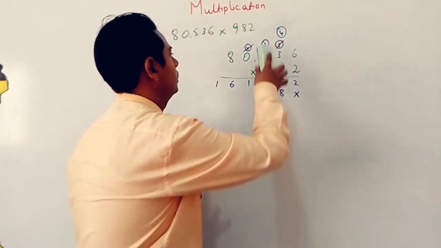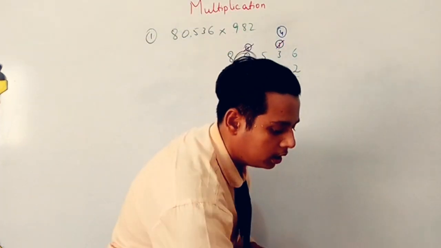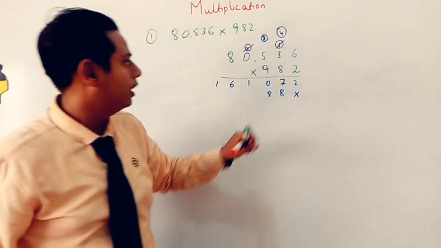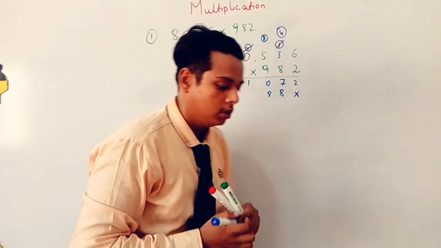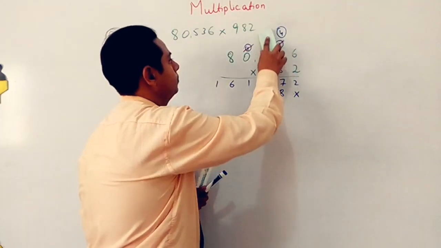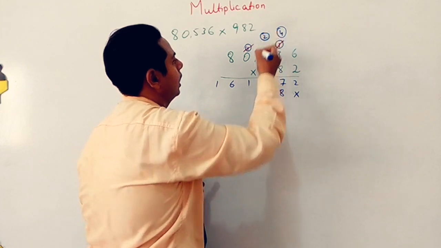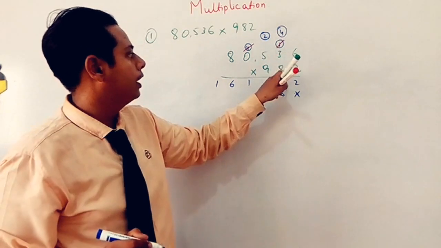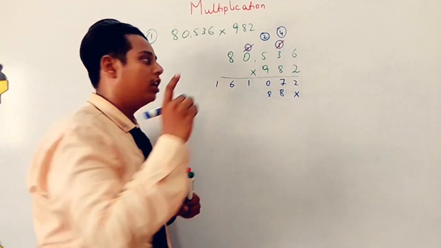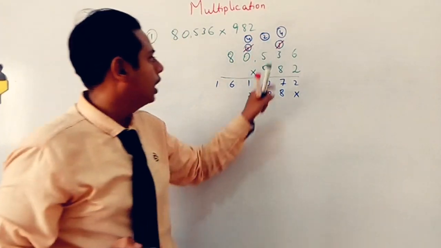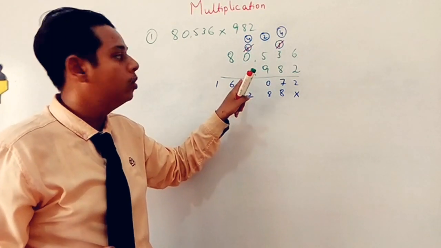Okay, I am just writing the same now. 28. Fine? 28, sorry. 2 will be the other carry now. And write 2 as a carry. Now, 8 5s are 40. 40 plus 2, 42.